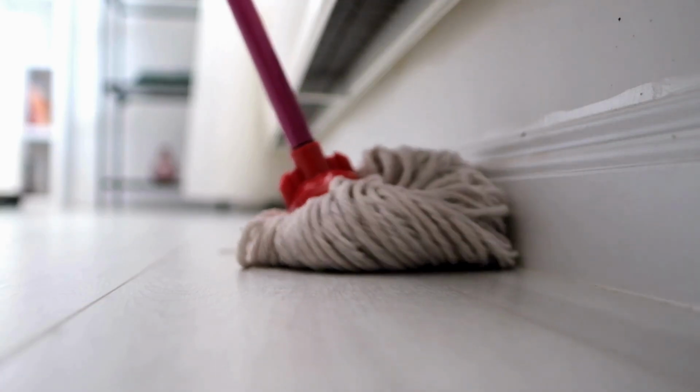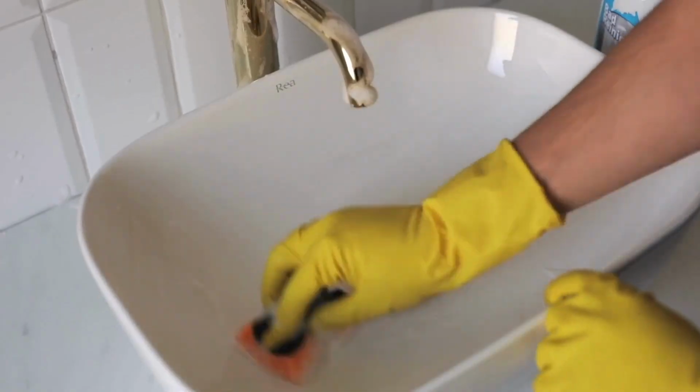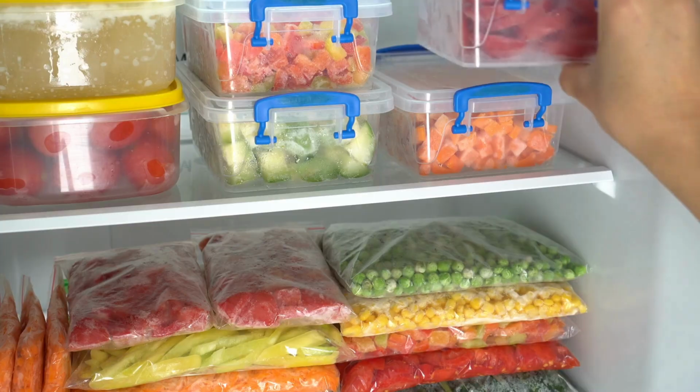Unlock the secrets to managing your time as a homemaker with these 6 essential time management tips guaranteed to maximize productivity and efficiency in your homemaking. Number 1, batch similar tasks. Group similar tasks together and complete them in batches. For example, designate specific days for errands, meal prepping, or even laundry to streamline your routine and minimize transition time